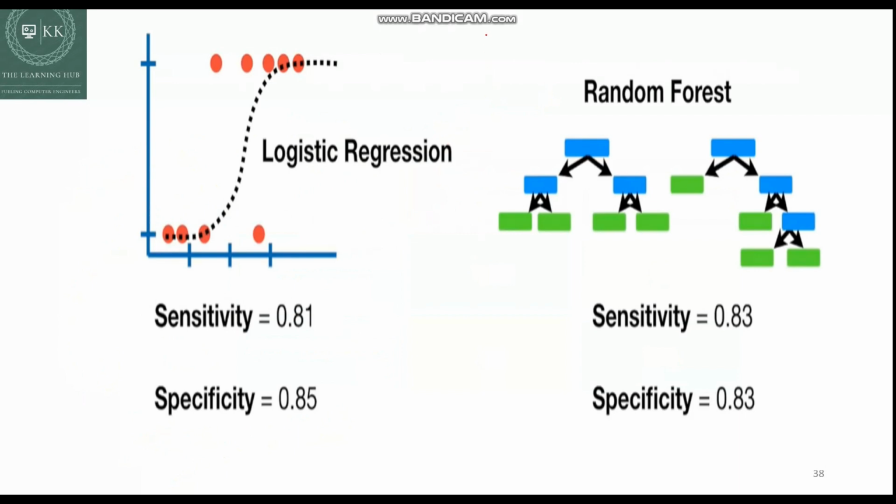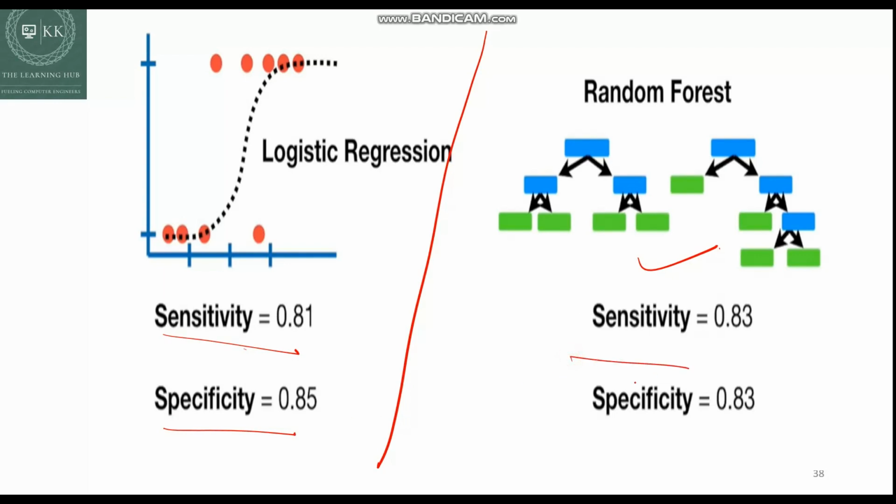So this is the result for logistic regression and this one is for the random forest. In case of logistic regression we got sensitivity 81 and specificity 85, and for random forest sensitivity 83 and specificity 83%. So a good balance, because it accurately identifies 83% of cases as positive, and 83% of cases as negative,